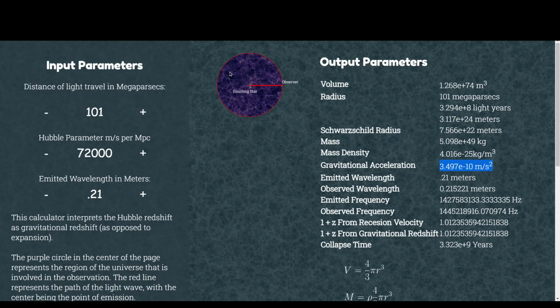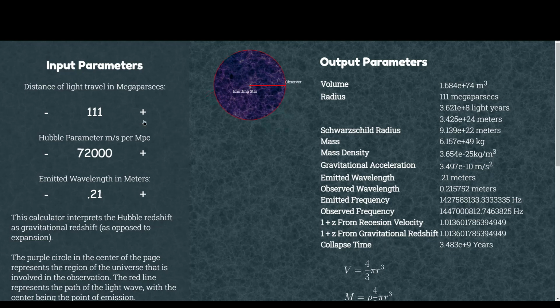Okay, so when you're modeling the universe, this is basically a calculator that's modeling the universe, just inputting the parameters here. And so I'm going to increase the distance between the observer and the emitting star, and the amount of mass increases. And so this is the gravitational redshift. Hopefully y'all can see this; I'll have to go back and add arrows if you can't see where I'm highlighting. But regardless,